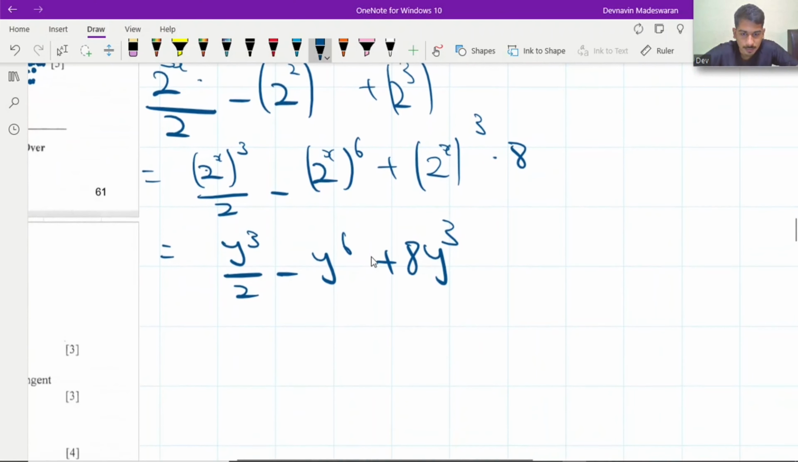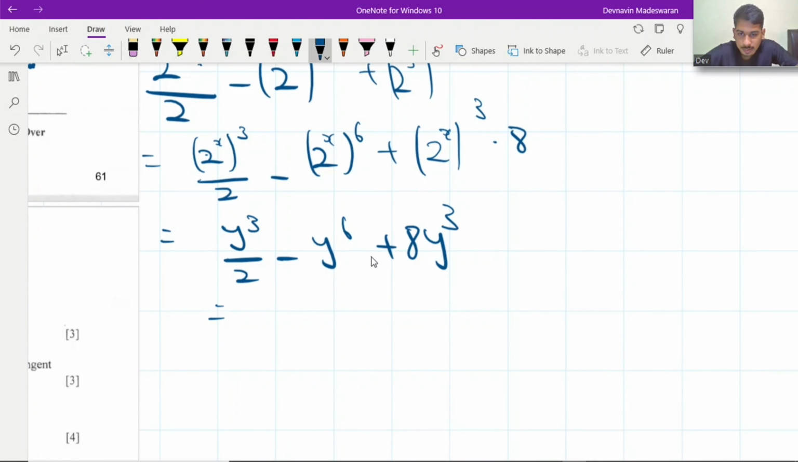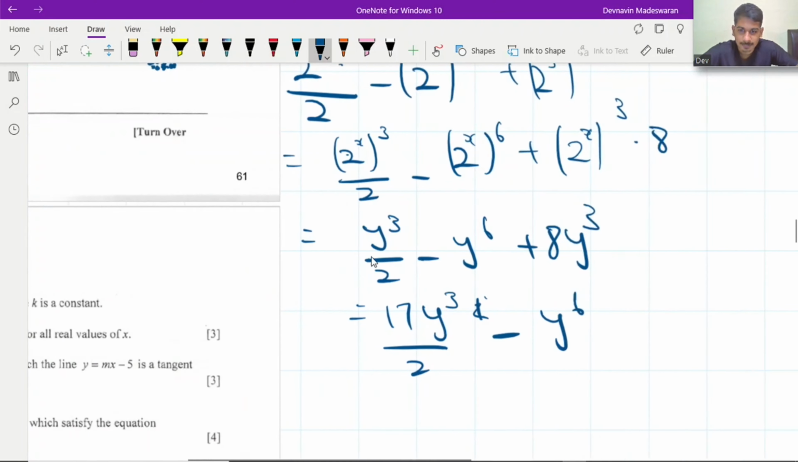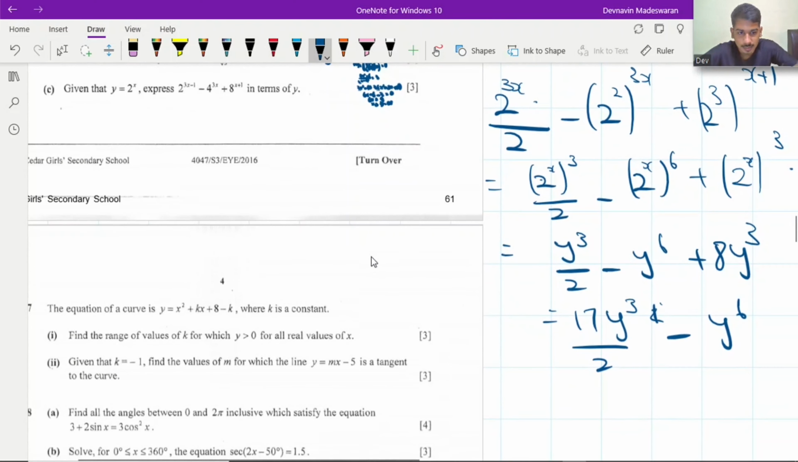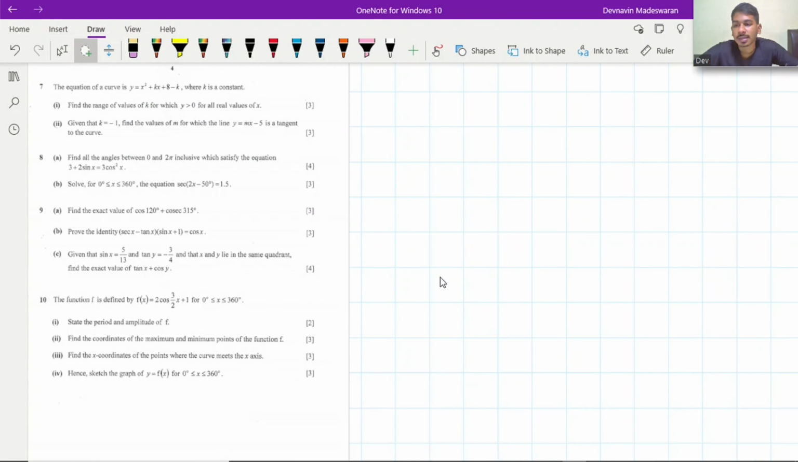Maybe it'll be good to combine them. So it's going to be y cubed, 17y cubed over 2 minus y to the power of 6. Okay, pause. And the next question: the equation of a curve is given, find the range of values for k